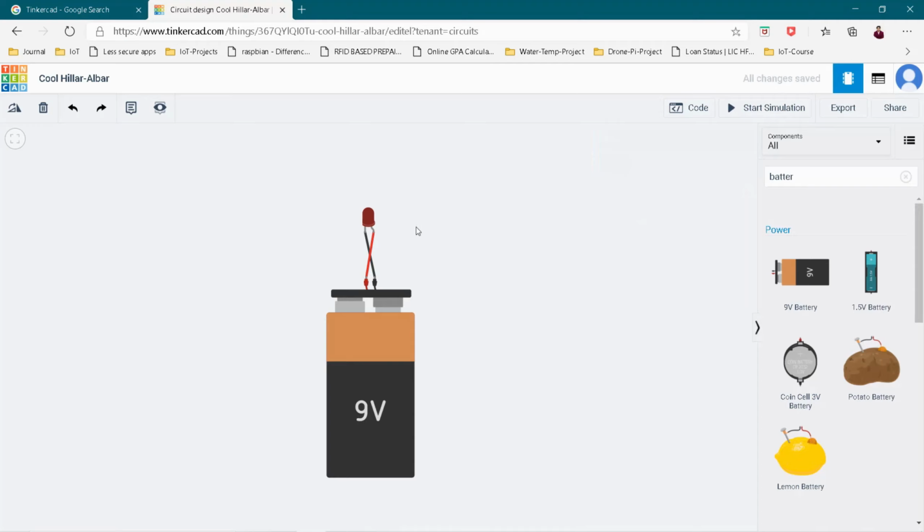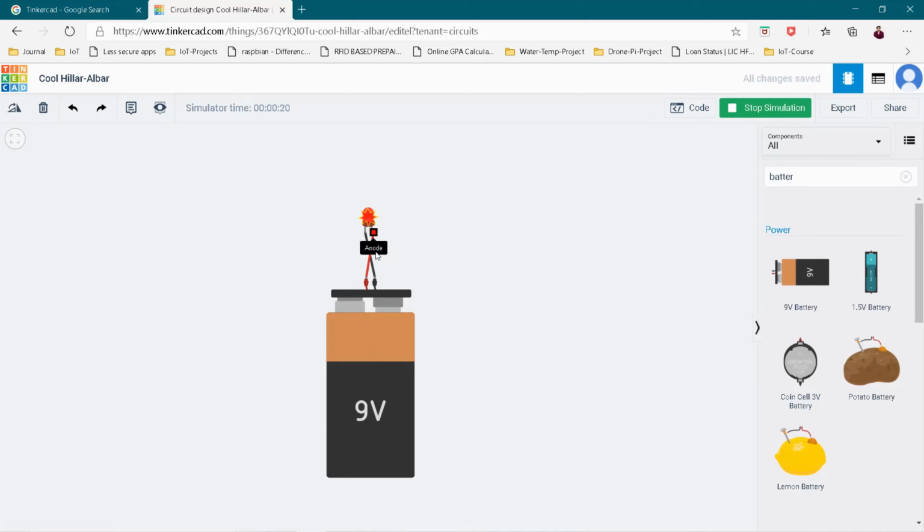Okay, so this is my circuit, but here I have given the direct supply of 9-volt battery to the LED, which is actually huge voltage. That LED requires actually minimum 3 volt like that, but here I am supplying 9 volt, and here you have a start simulation button. Just click it. So once you click the start simulation, see here your LED bulb is on, but it seems to blast due to high voltage. So we should not connect the high voltage battery directly to the LED.